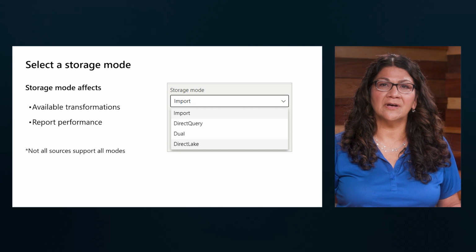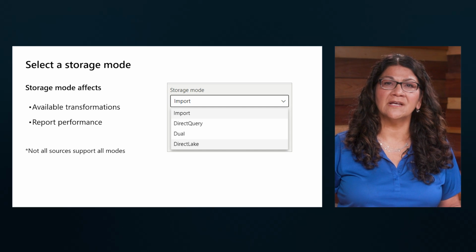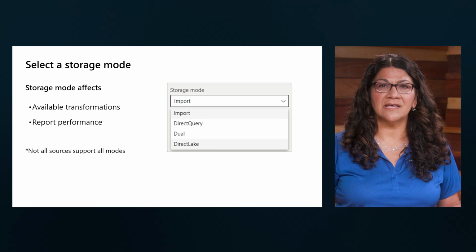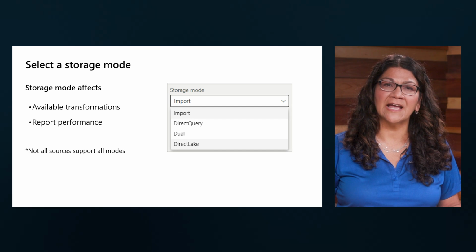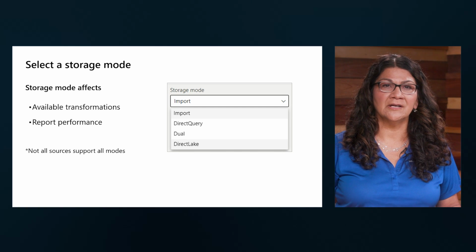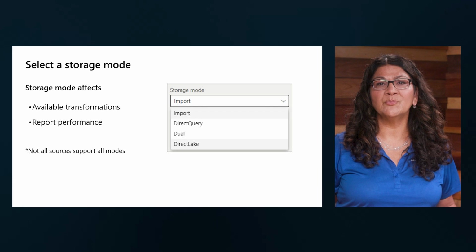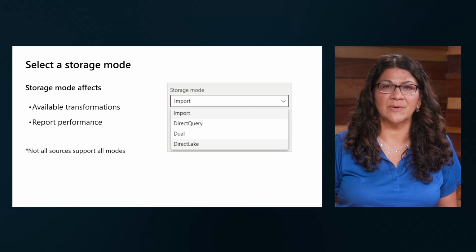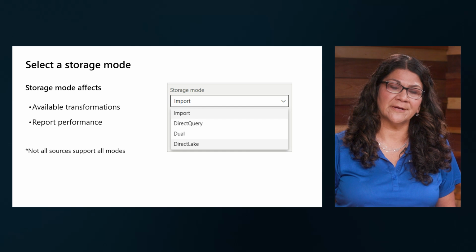Here are a few of the different types of storage modes you can choose when connecting to data sources. The import mode allows you to create a local Power BI copy of your semantic model from your data source. Importing the semantic model is the preferred method and supports all transformations, unlike Direct Query.